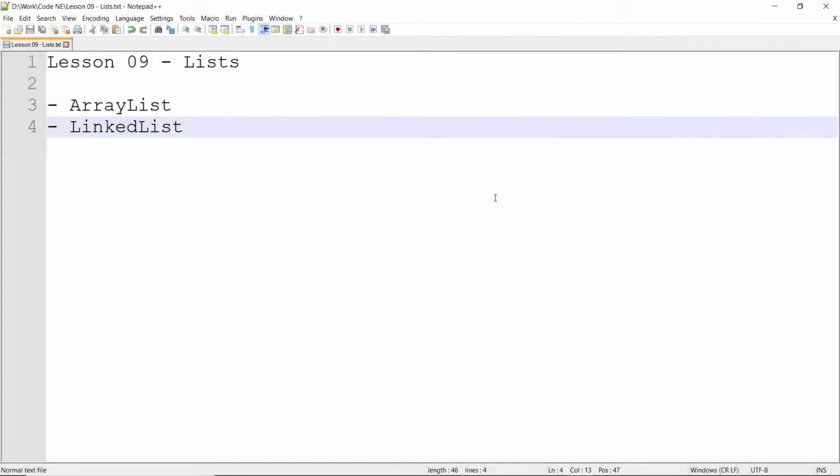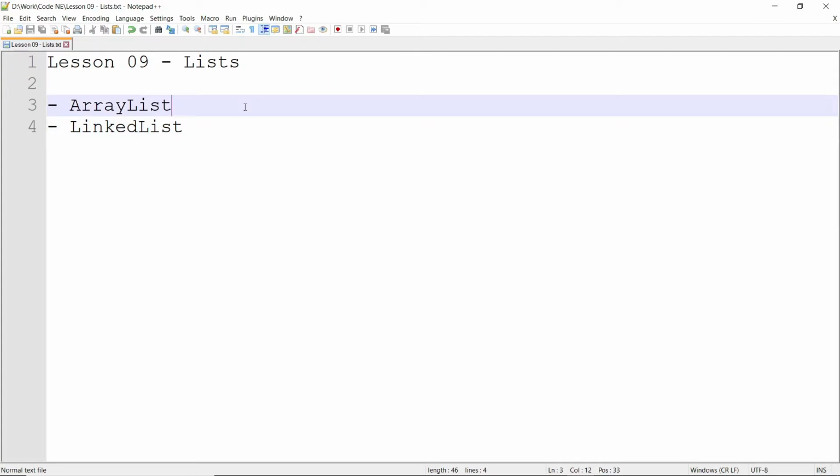Hello everyone, welcome back to the course of Mastering Core Java, and today in our lesson number 9 we are going to start learning about list. In our previous lesson we learned what is collection framework and what are the collection interfaces that are implemented further down the line. So today in our list class we will see how array list and linked list work and which interface they implement. So first let's start with array list.